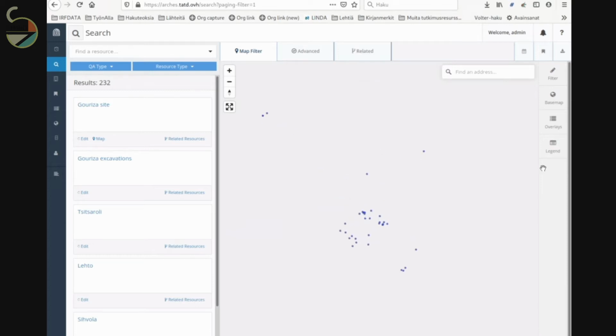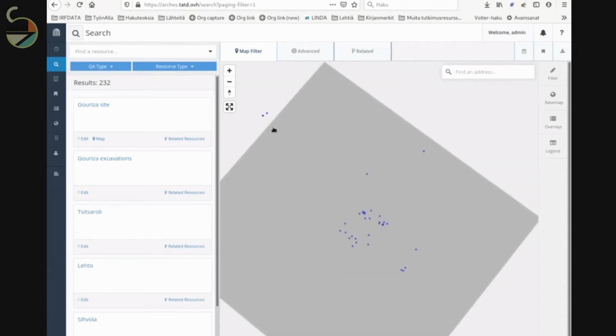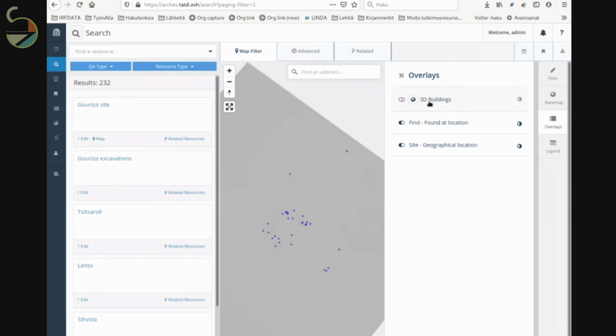The blue points come from an overlay plan, which is the finds. I also have a plan which describes the site. This is the limits of the site area, not quite correctly drawn. This use of overlay maps is a really nice feature, because you can import your vector GIS data and put different overlays which you can turn on and off. For example, the find overlay was created from the finds data, and the site was drawn just here